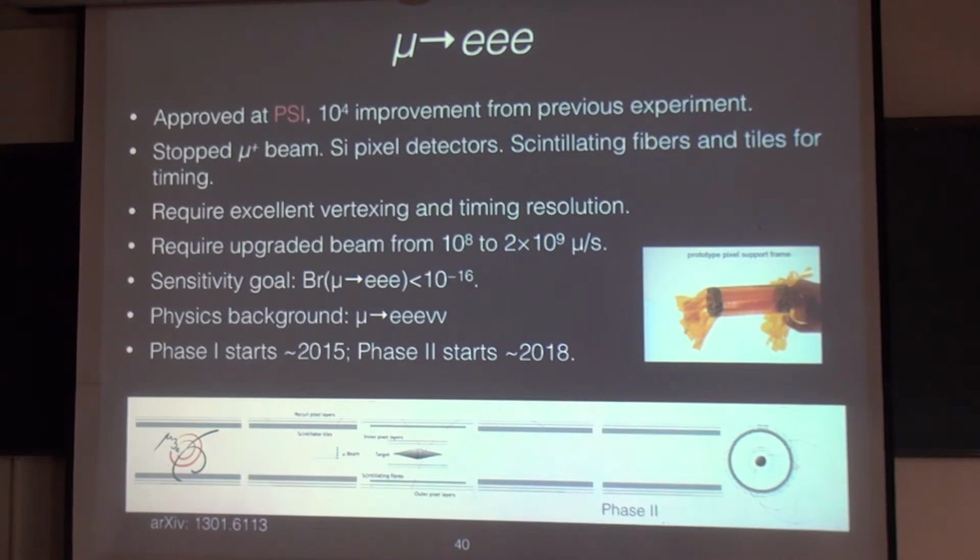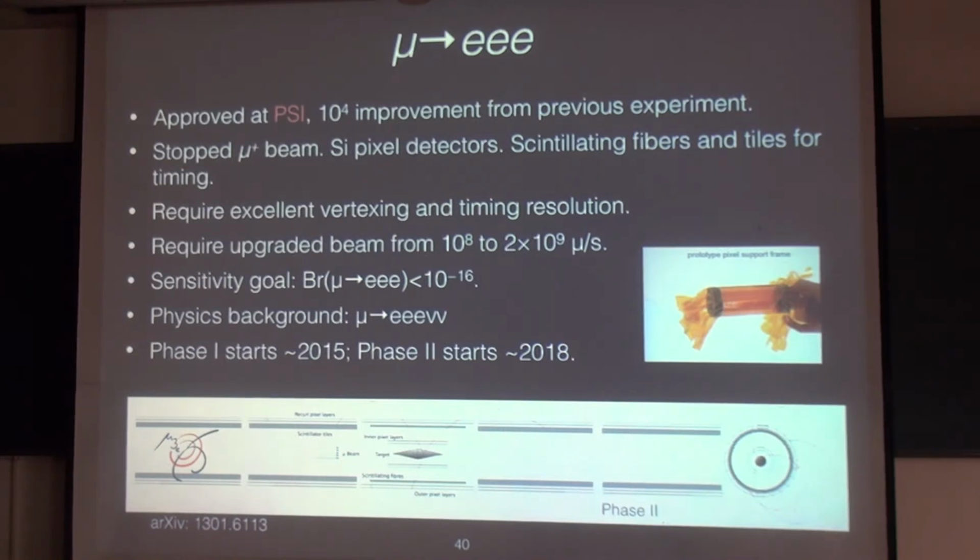The cylinder here, the side view. The cylinder is here. This is a target, and 2 layers nearby, and 2 more layers outside. And these hash areas are the timing counters, fiber and the tiles. They require a much more intense beam, from the current 10 to the 8 to about 20 times higher, and the sensitivity expected is 10 to the minus 16. The main background is